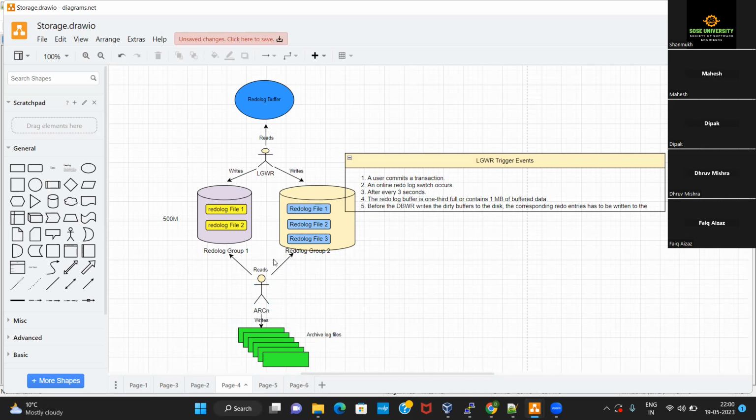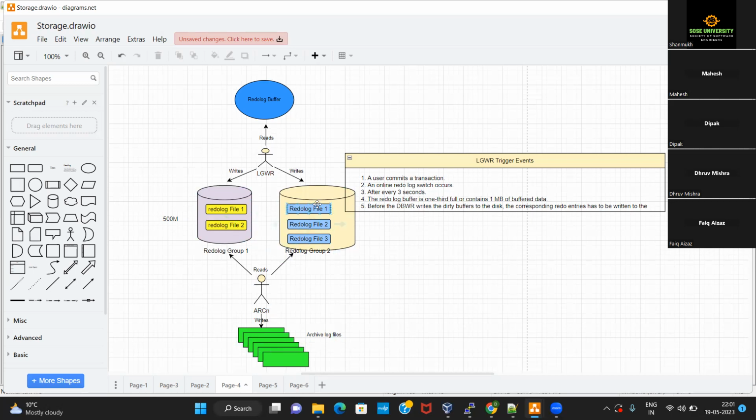The job of the archiver background process is, when LGWR switches from group 1 to group 2, it starts copying the entries from this group into something called archive log files.